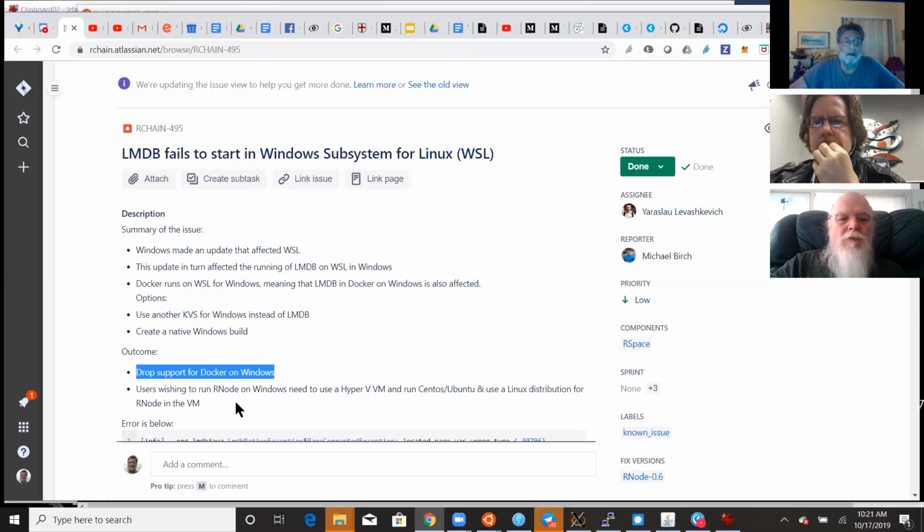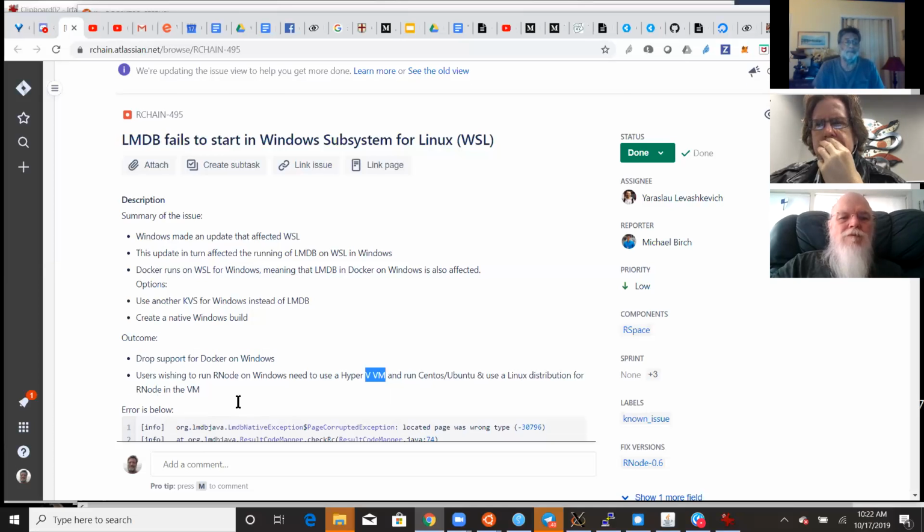Users wishing to run RNode on Windows need to use a Hyper-V VM, which is like VirtualBox, and run CentOS or Ubuntu and use a Linux distribution for RNode in the VM.